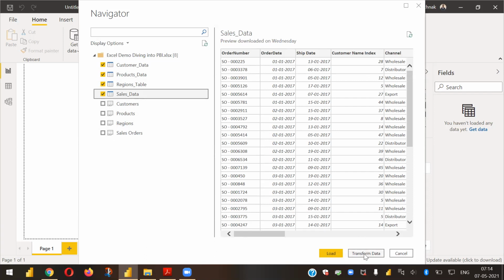Now I'm asking you to click on Transform Data because, see, when you are pretty much clear with the table, suppose you have an Excel sheet with one table, and you are very much aware of the data and the format of the data, then you can directly click on Load. But the best way is to always go to Transform Data and double check if the data is in the correct format, the data types are correct, and other areas. So that's the reason we have to click on Transform Data. Let me just click on this.